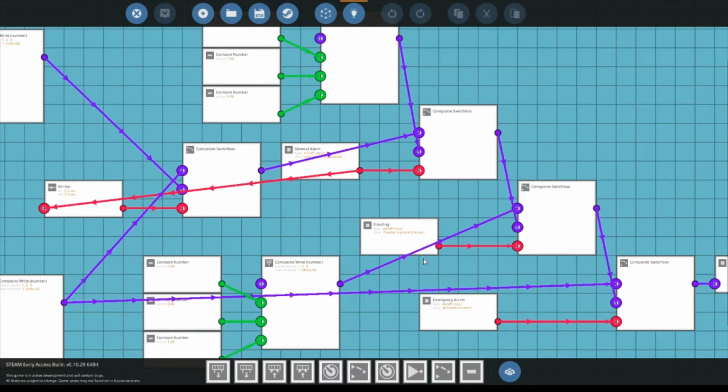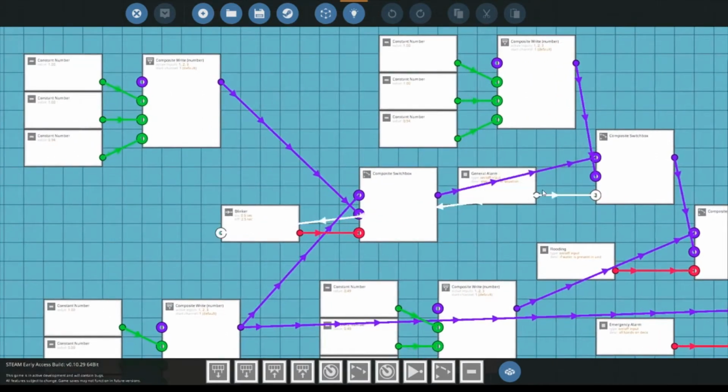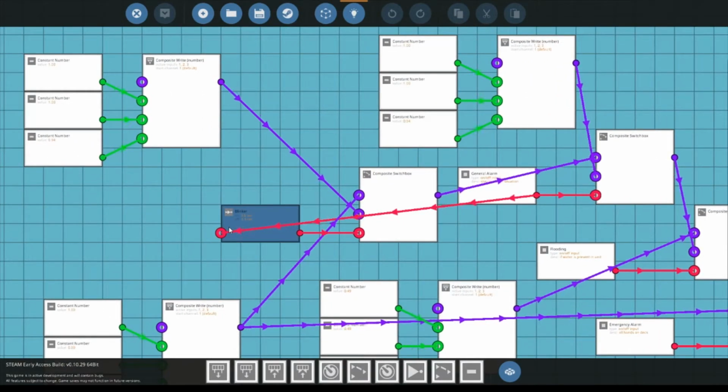Excuse me. So the next importance supersedes it. And I'll explain why I've decided to do this as the importance a bit later. So general alarm goes into a blinker, and the reason why is because I didn't want the general alarm to be a solitary color. And there's a weird reason for that. It occurs to me that I could probably make this look a bit nicer. But I want there to be a flash, not like a strobe, but like general status and then a flash every couple seconds.